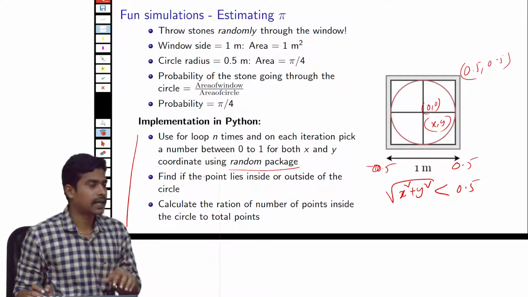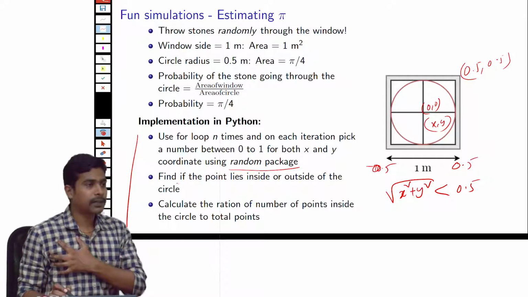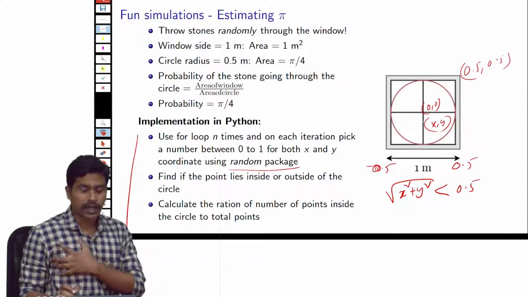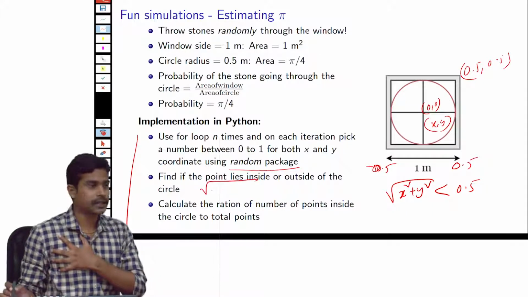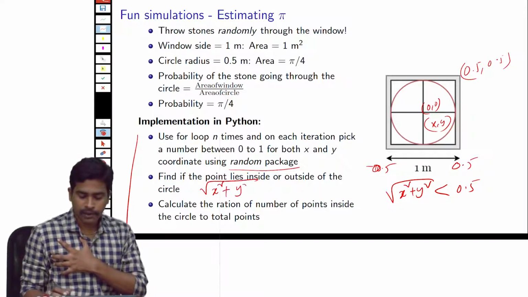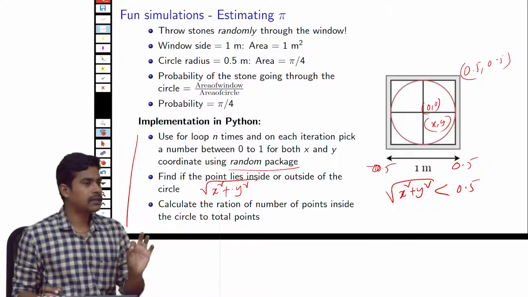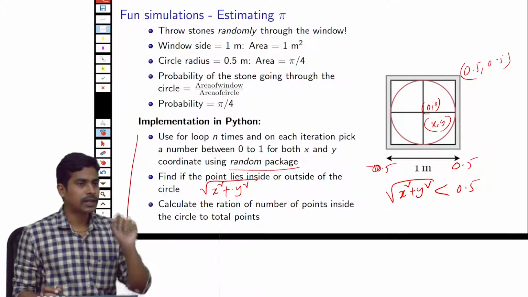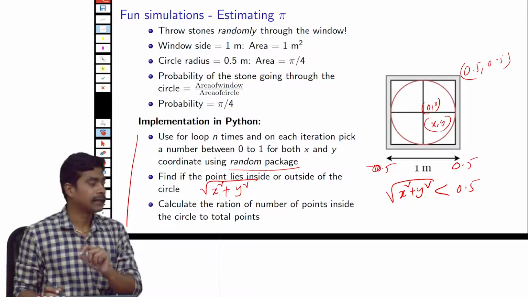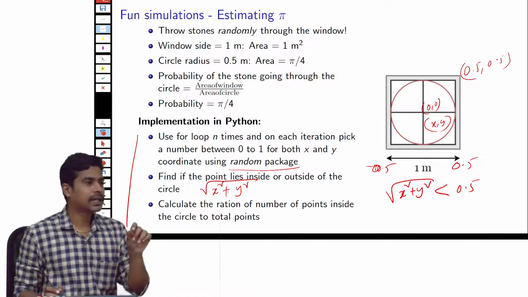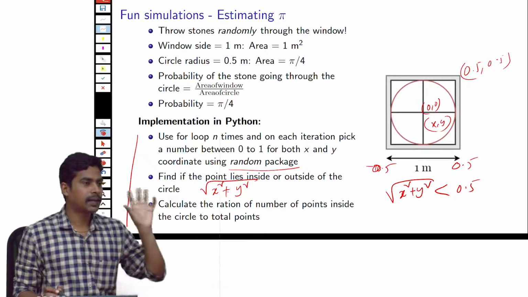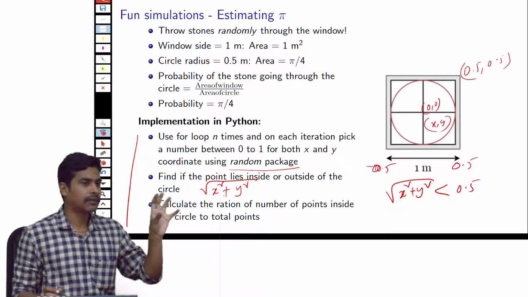I will show you what the random package is. After picking these two numbers, we calculate the distance of this point from the origin using the formula square root of x square plus y square. Based on the distance, we find whether the point lies inside the circle or outside it. If the point lies inside the circle, we increment a counter variable that we create at the start of the program.